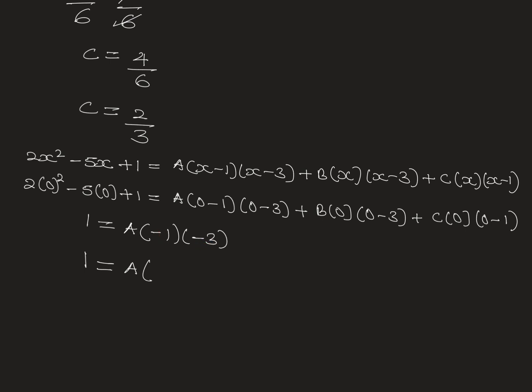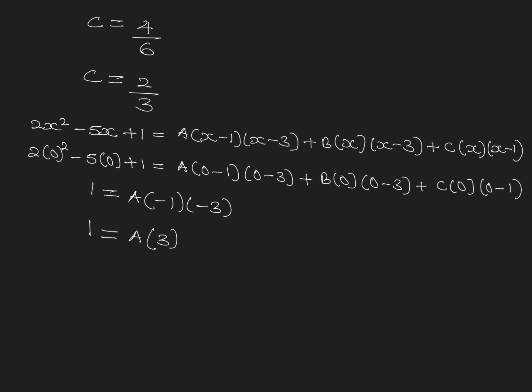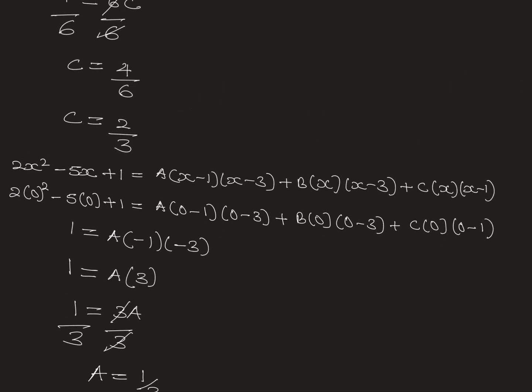3 is going to be positive 3. So that will be 3. So 1 is equal to 3a. To find a, we divide both sides by 3. This will cancel, so it means a is equal to 1 over 3. Okay? So because we already know the values of a, b, and c, we can go back to